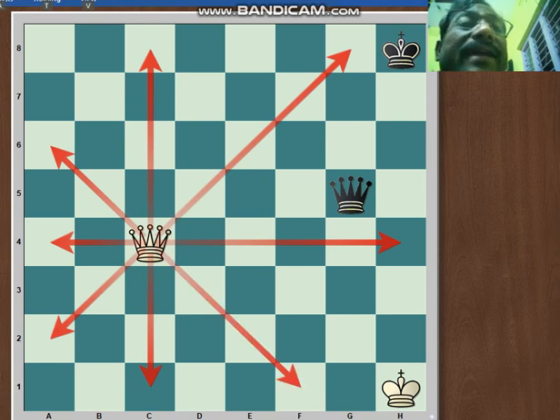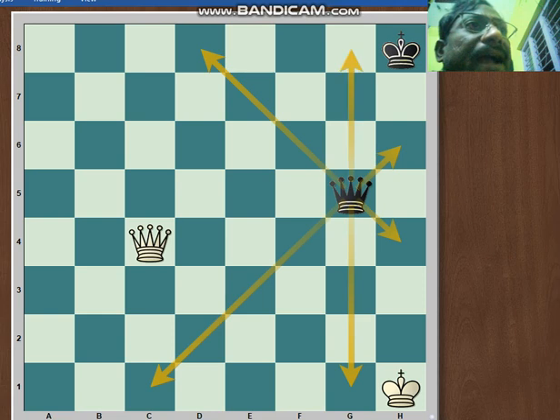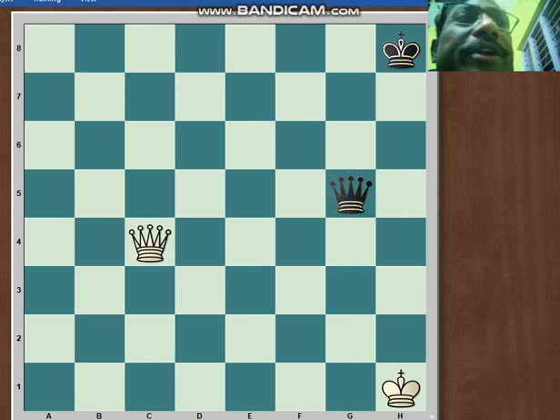File, rank, diagonal. The queen combines the merit of rook and bishop. Look at this black queen. Diagonal, file. Remember everybody, file, rank and diagonal, very important basic theory. So the queen is the most powerful piece on the board.